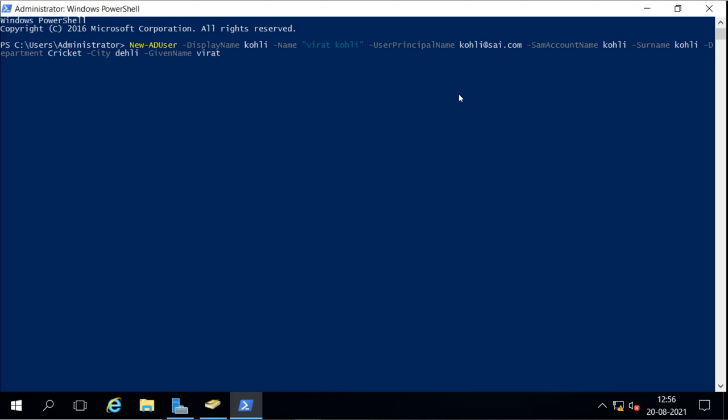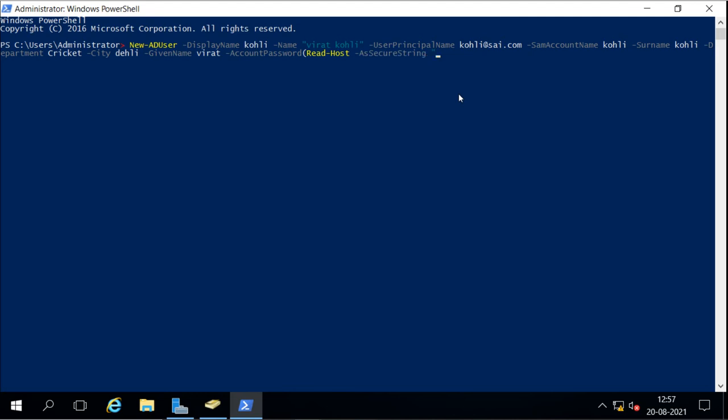Now when we press enter here, the password will not be there for the user, so we have to configure the password also. For that we'll say AccountPassword. The account password in PowerShell we do in a different way. Here we will use Read-Host with AsSecureString. That means it will ask the user.